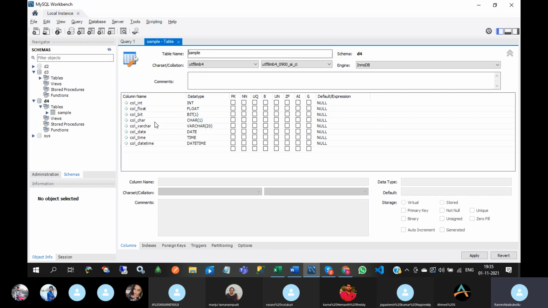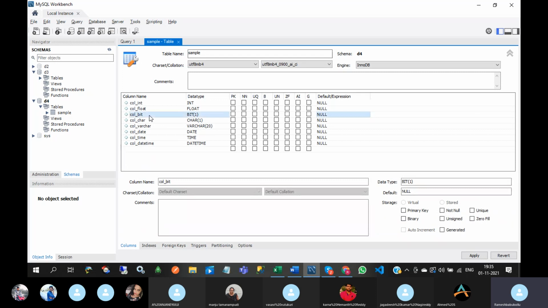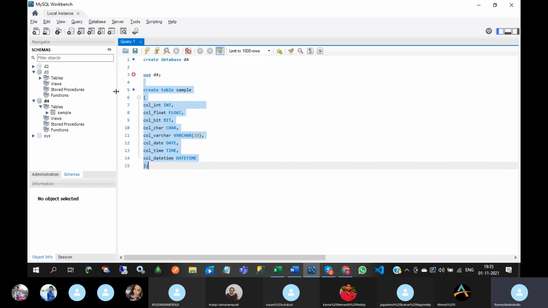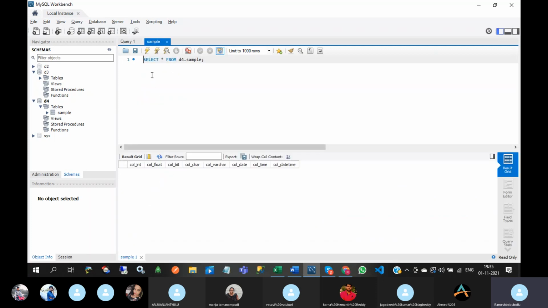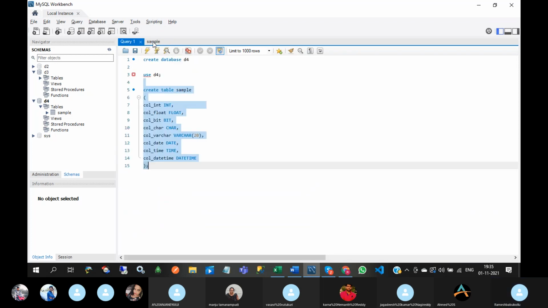If you want to change the column names and data types, you can change them here also. And if you click on this, you can get the select query. So that is create table.